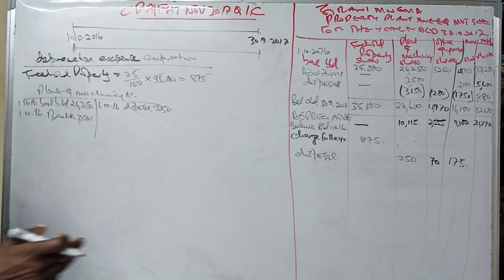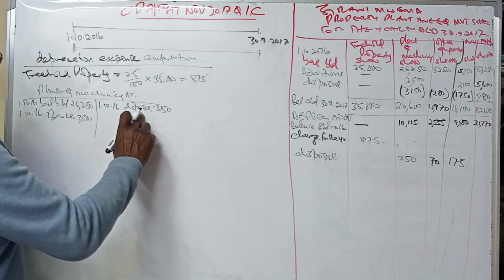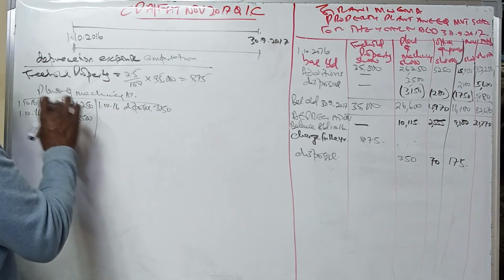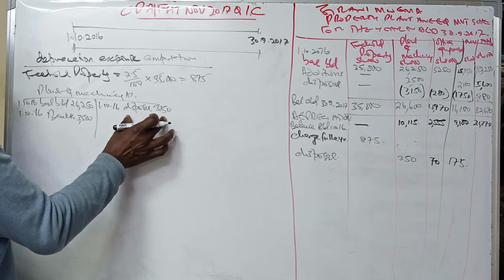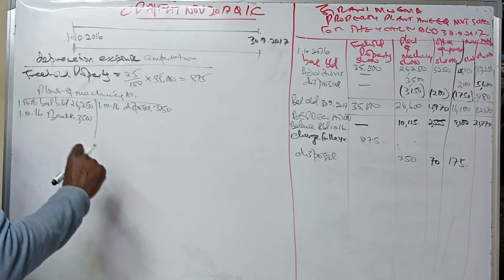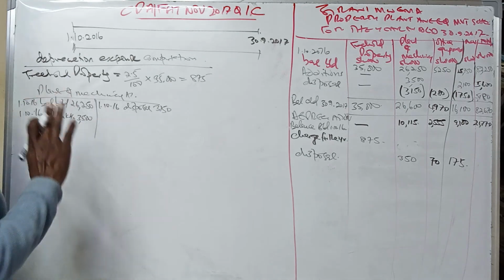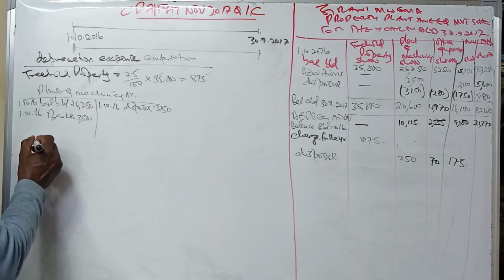Now, if you acquired this machinery on 1st of October, it means you used them through the year, and therefore you depreciate. The acquired machinery, we depreciate through the year. The machinery we are disposing here was part of the 26,250, but we disposed them at the beginning of the year, 1st of October, meaning we never used them through the year. And therefore, the depreciation